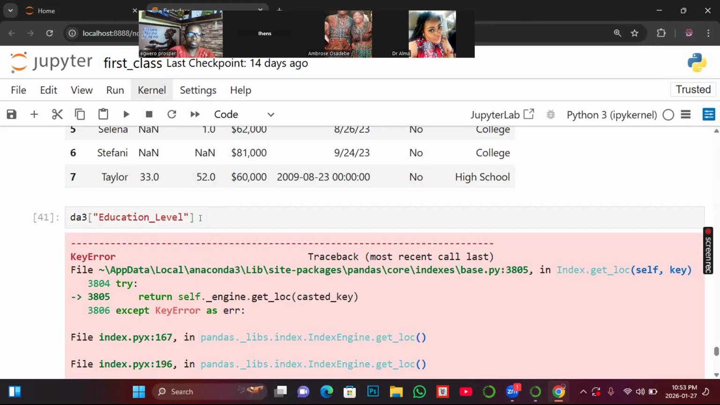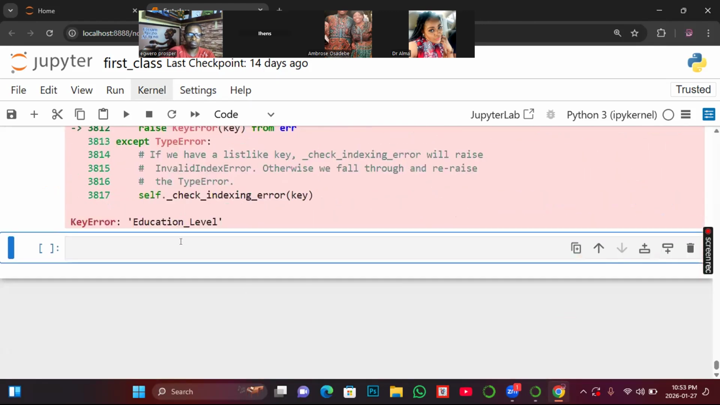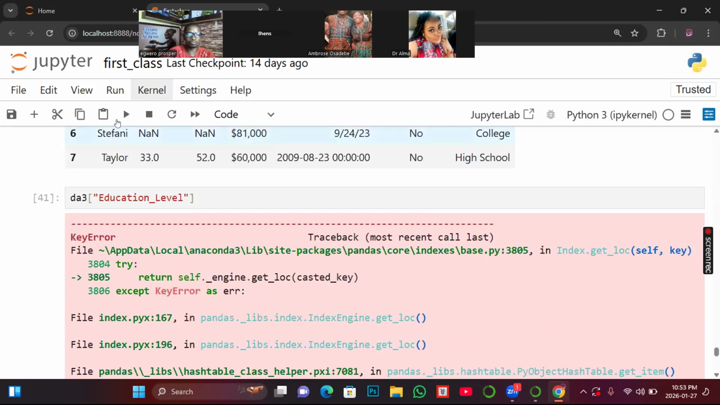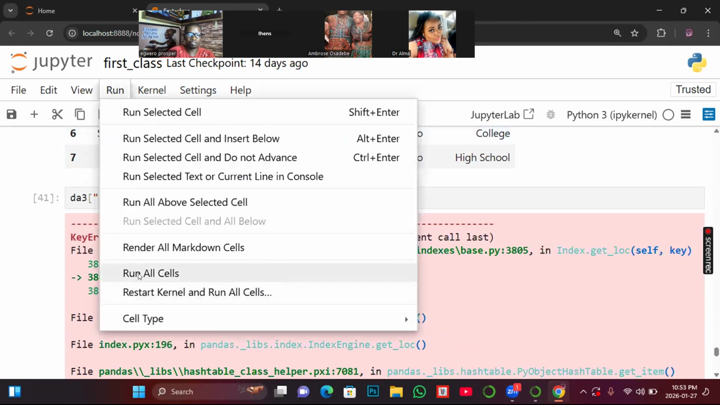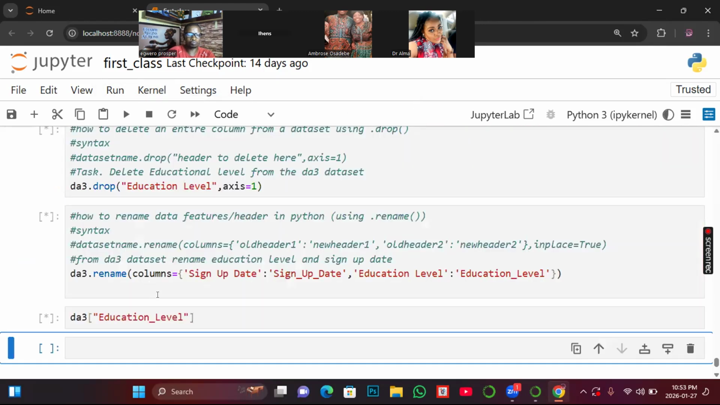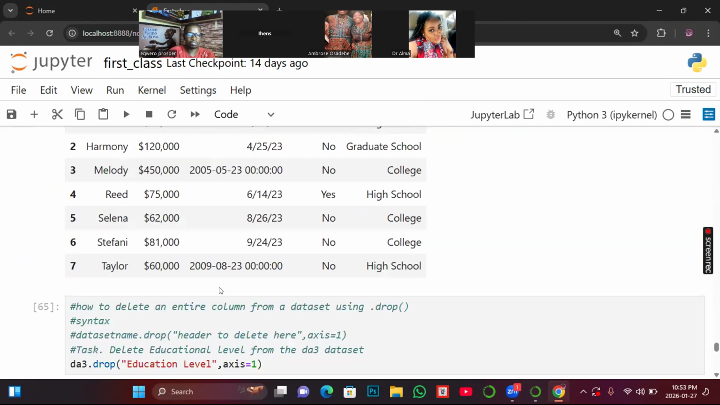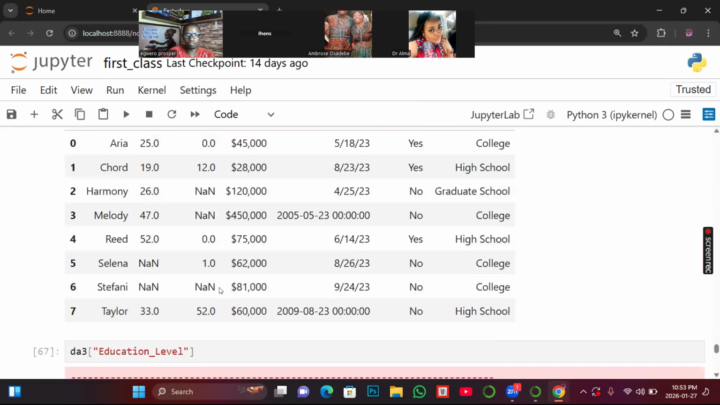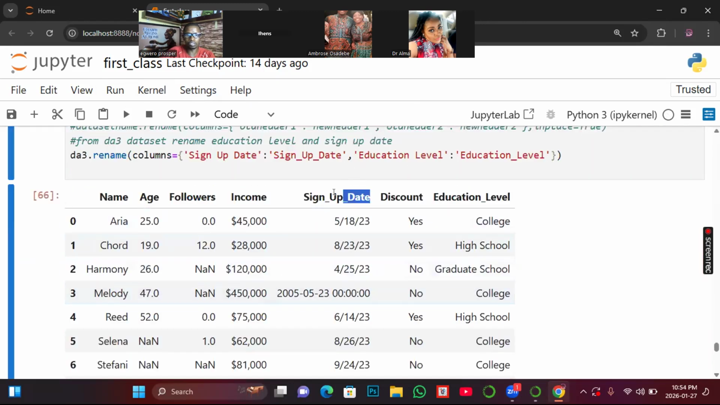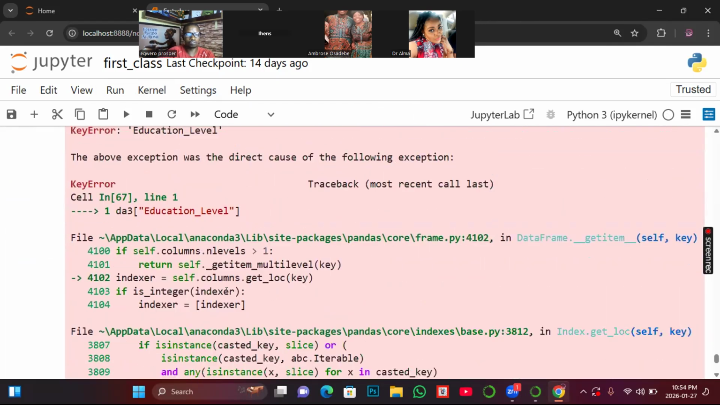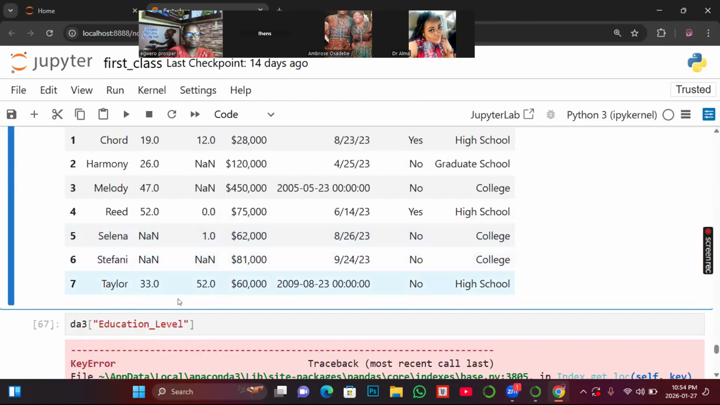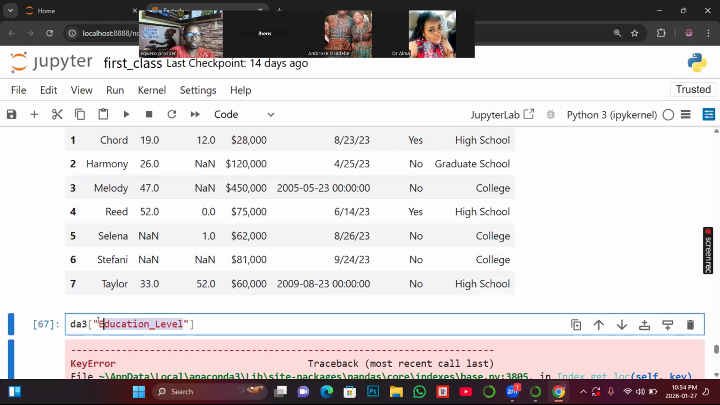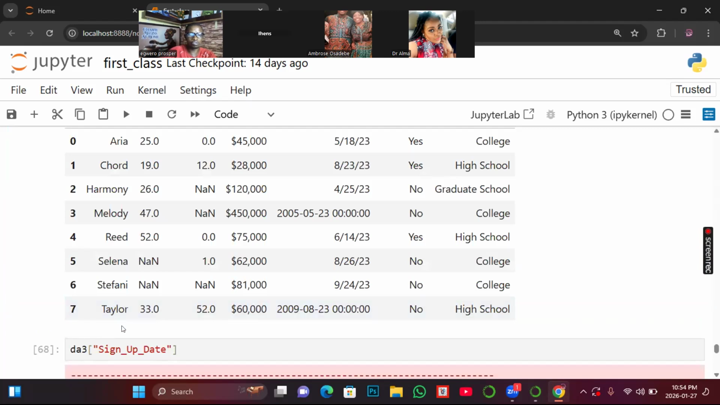What error again? Education level. Let's run everything again, because I expected that to bring out values. Okay, let me try it on this one. Let me try it on this one. I expected it to have worked, but let me debug it. If this one works, then we will know that